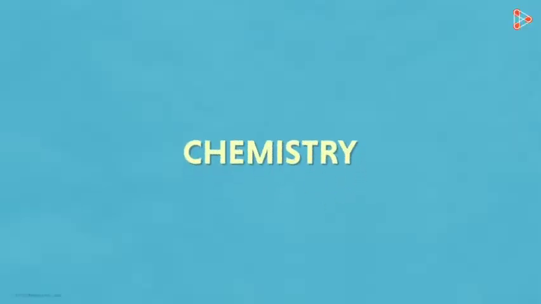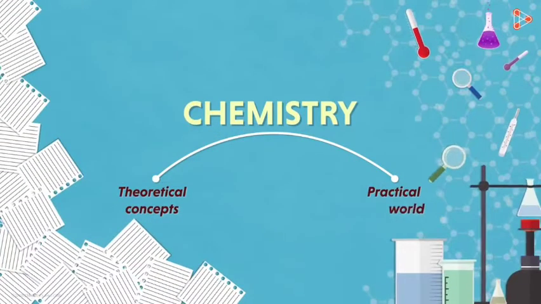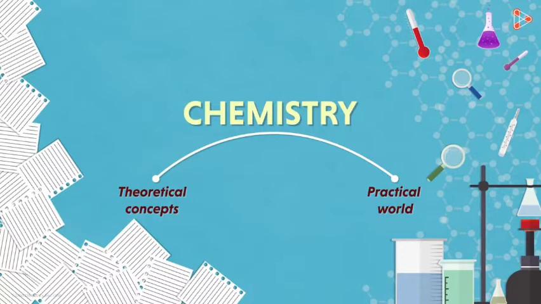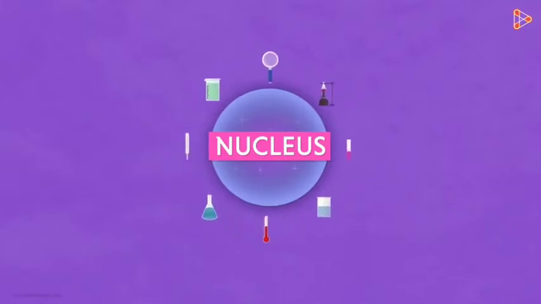Chemistry gives answers to many queries. It acts as a bridge between the theoretical concepts and the practical world. However, where does chemistry get all the answers from? How do the reactions change everything around us so drastically? Well, the answers are stored inside the small nuclei of atoms. Yes, the tiny nucleus inside every atom is like a treasure box.